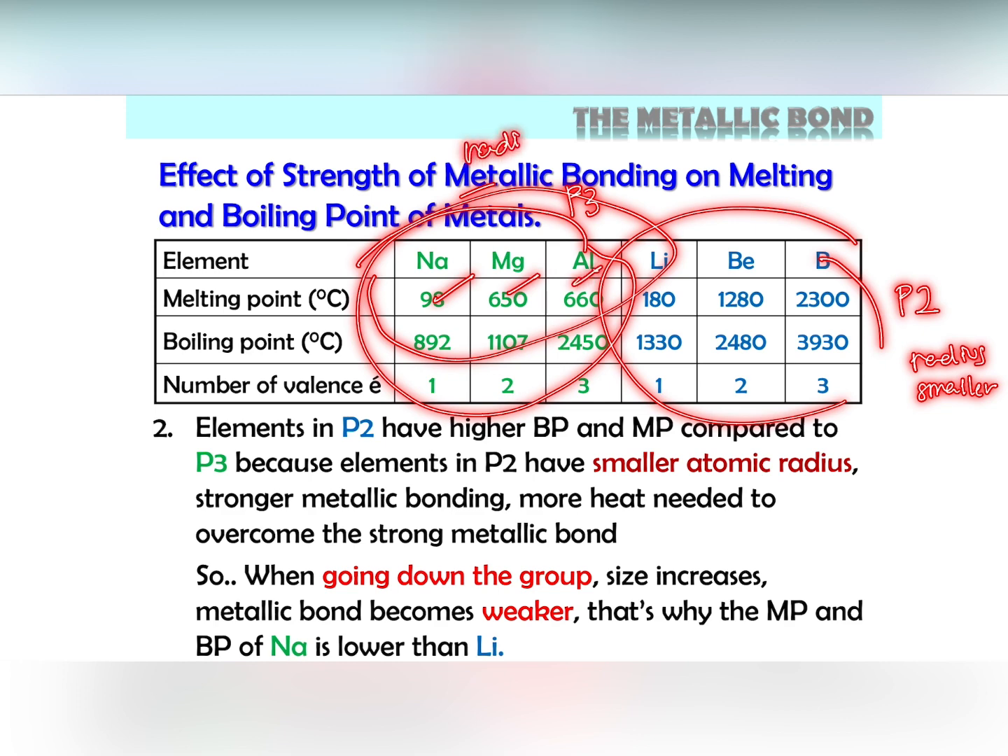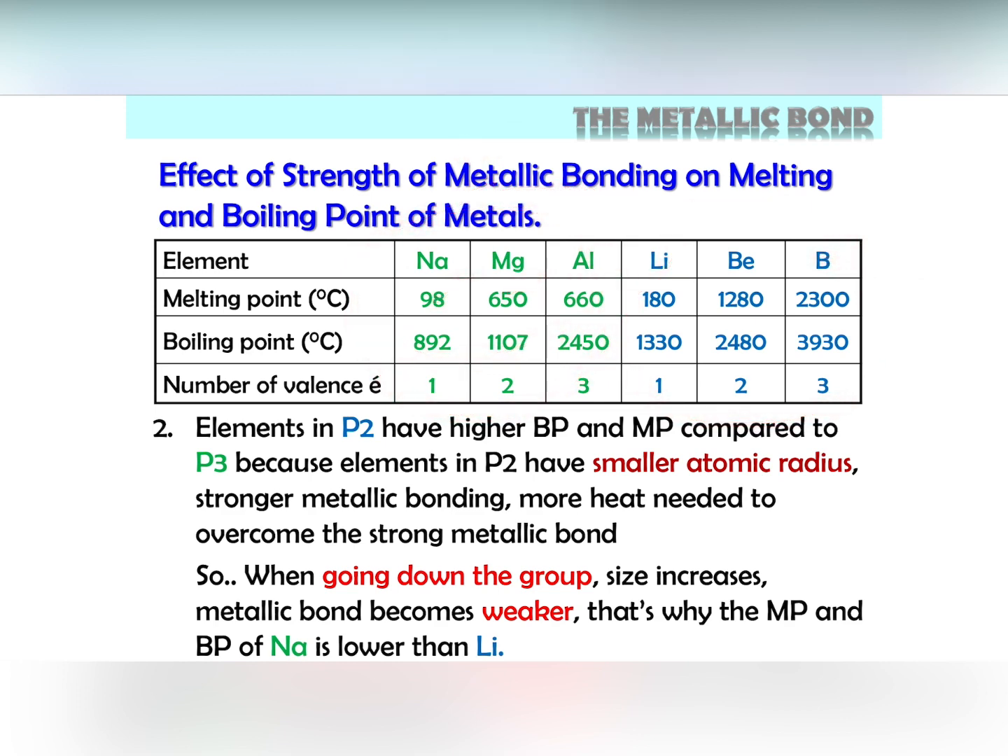lebih larger. Okay, so for elements in period 2, since they have smaller atomic radius, the metallic bond is stronger for elements in period 2. That is why it needs more heat to overcome the strong metallic bond. So kalau kamu nampak dekat sini, dia punya trend, okay, kamu nampak dia punya value lebih besar compared to elements